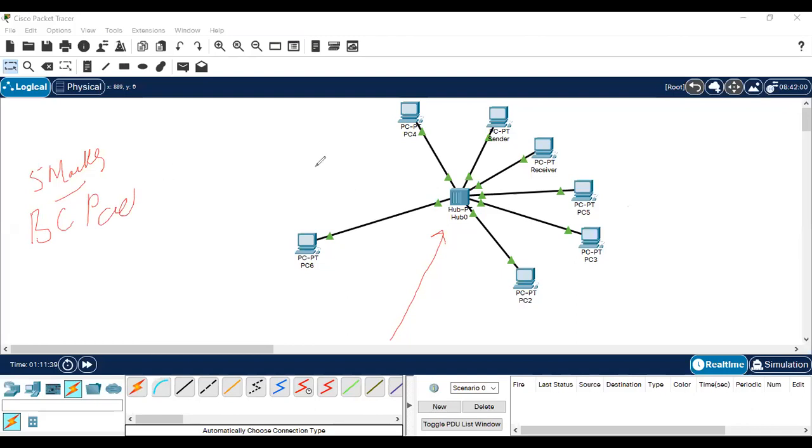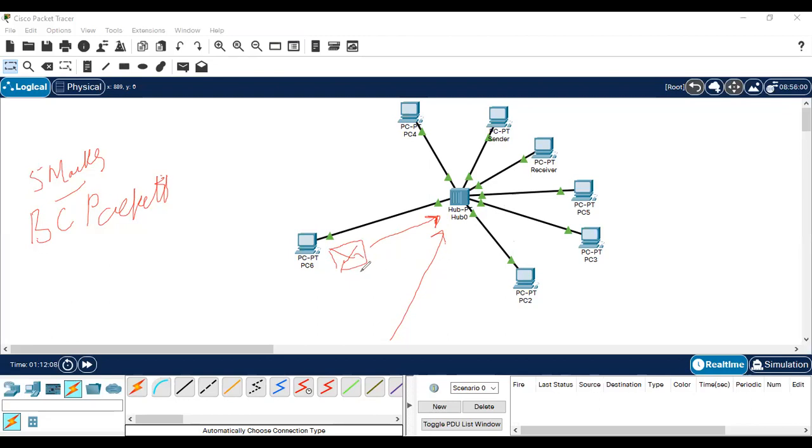And what it means is that once the packet is received by the hub, the hub will copy that packet and make copies of it depending upon the number of ports.